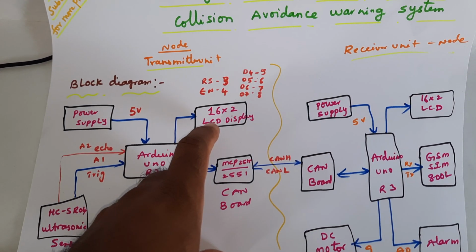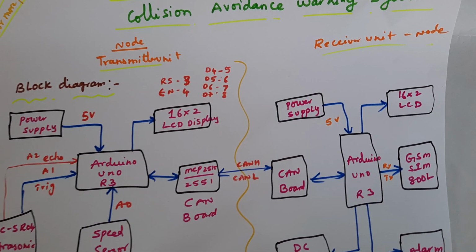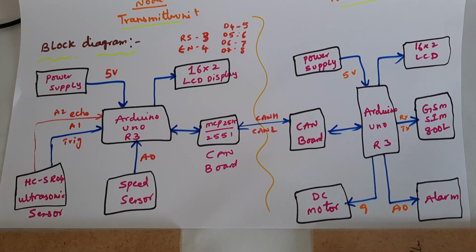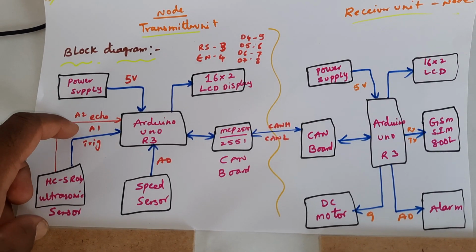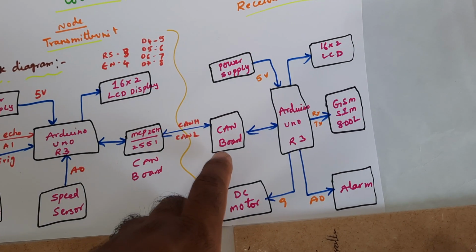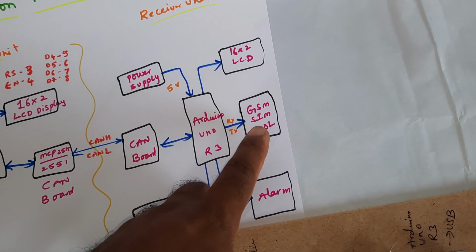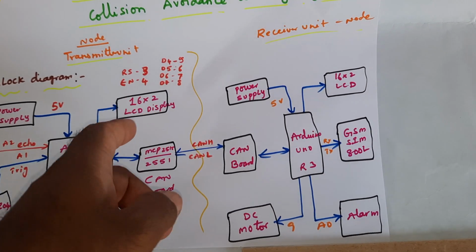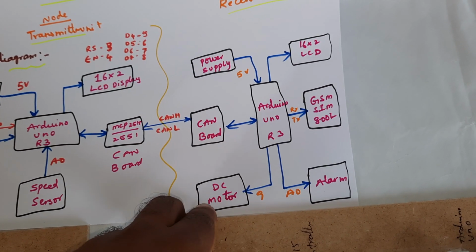Here we are using a 16x2 LCD display with RS, enable, D4, D5, D6, D7 connected to pins 3, 4, 5, 6, 7, 8. The speed sensor is connected to analog A0, and the ultrasonic sensor is connected to trigger A1 and echo A2, along with the MCP2515 CAN controller and CAN board, and Arduino Uno R3. The GSM mobile SMS alert for the owner and the LCD display are used here, but for testing purposes I am using an alarm on both sides and